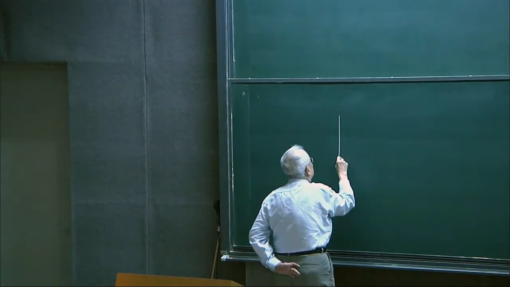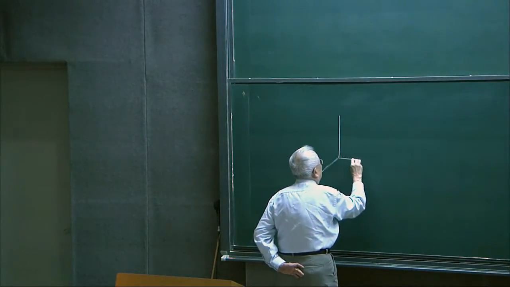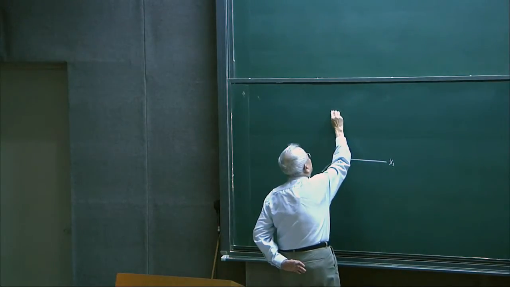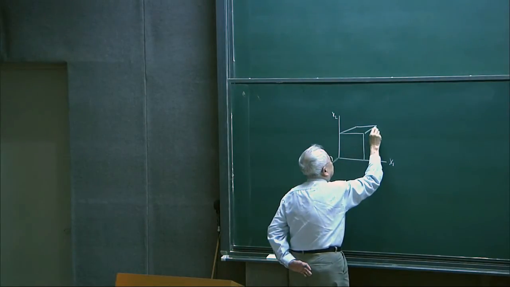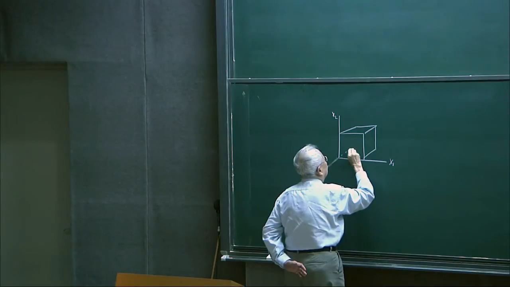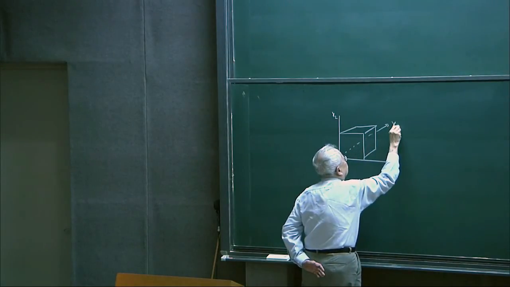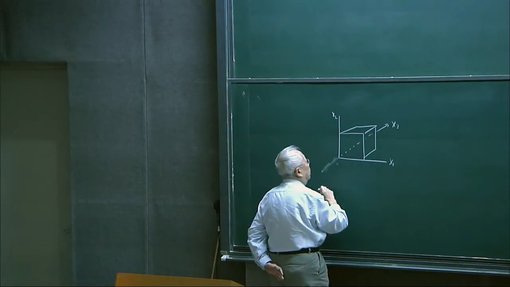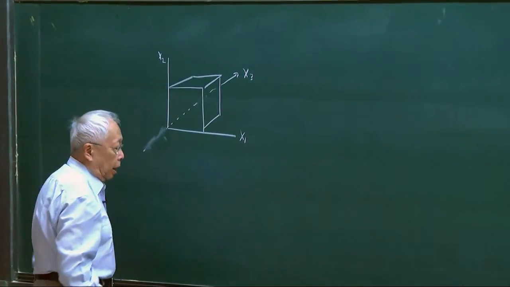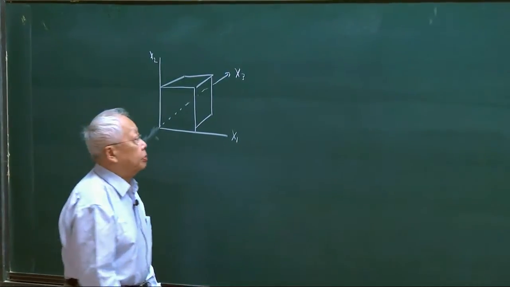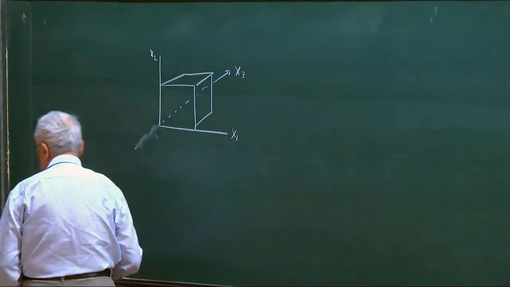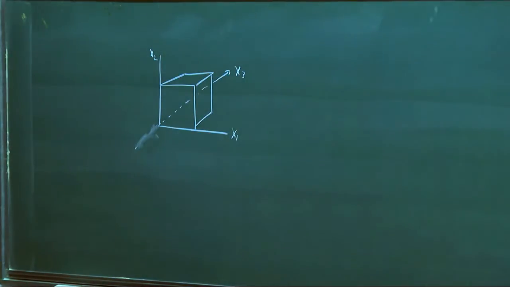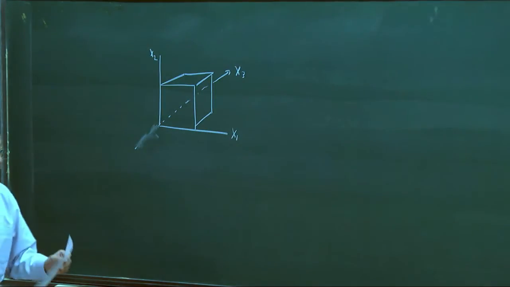So suppose this is the x1 axis, x2 axis, and the fluid element is a cube in this coordinate system. This x3 axis. And the quantity we're interested in is the average velocity of this fluid element. So the equation, if we just use Newton's equation, the acceleration is equal to the force acting on this element. So m